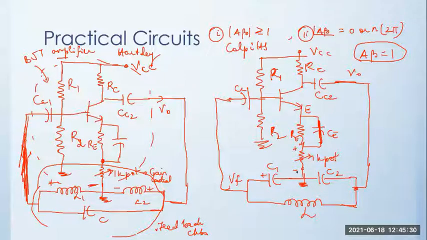Whenever I'm not having any control in the feedback network, I have already designed it. And please remember that every component will have some tolerance. Though you have designed it for some feedback factor value, it may be slightly different. You have designed the amplifier to give you a correct gain, but you may not get the exact gain. There is always a small difference possible. That difference can be compensated by using this potentiometer.